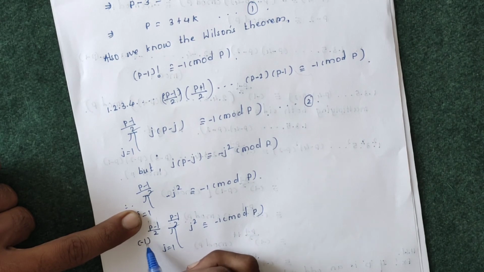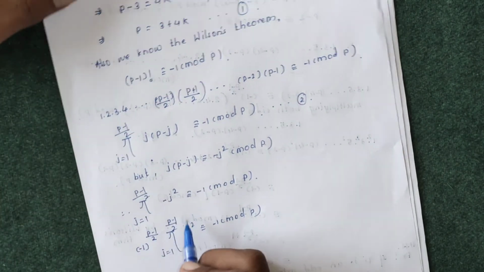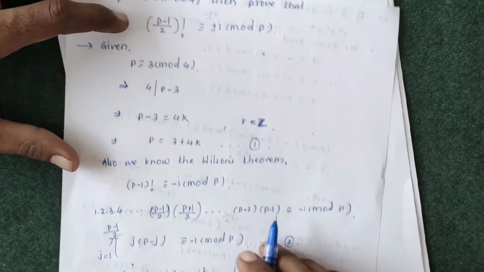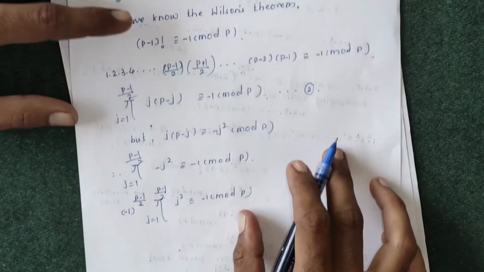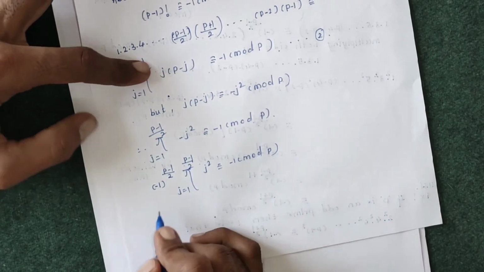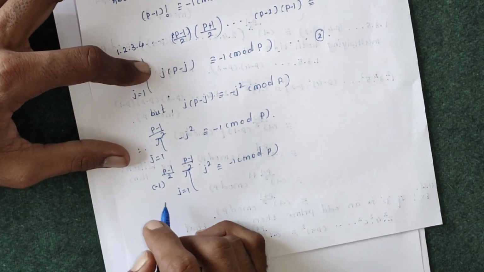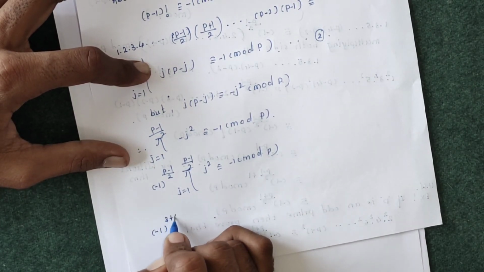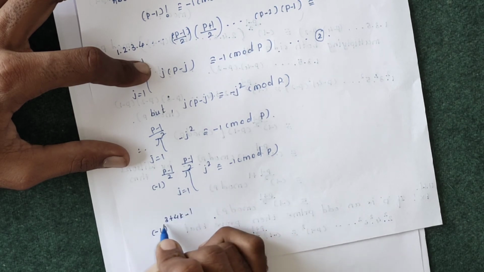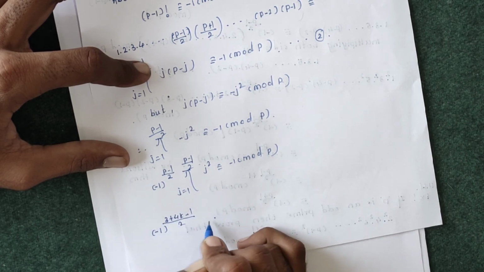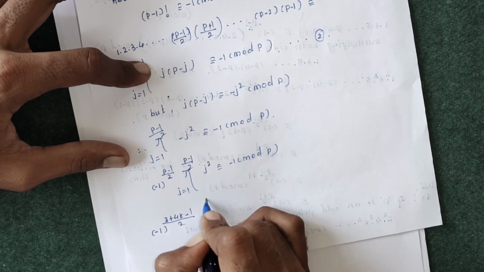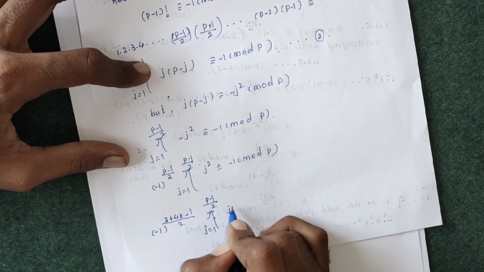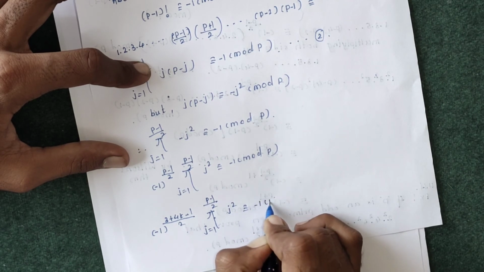So, taking (-1)^((p-1)/2) common, we write this, and from equation number 1 we have the value of p, which is 3 + 4k. So, we can write the value of p here: we get (-1)^((3+4k-1)/2) times this product, j running from 1 to (p-1)/2 of j², which is congruent to -1 under modulo